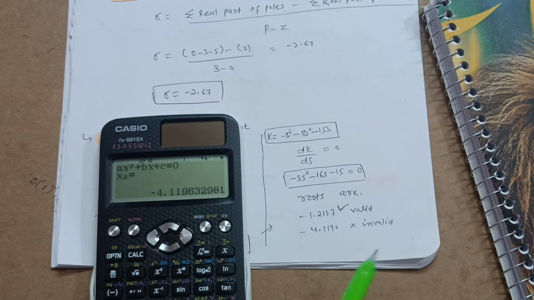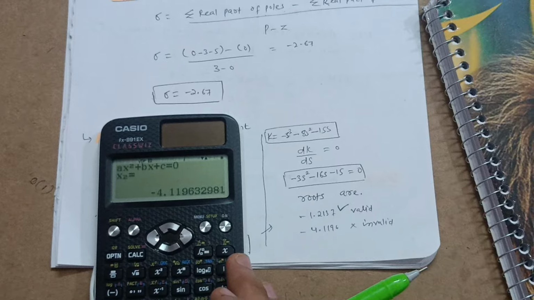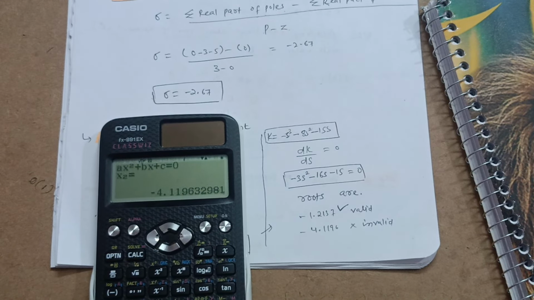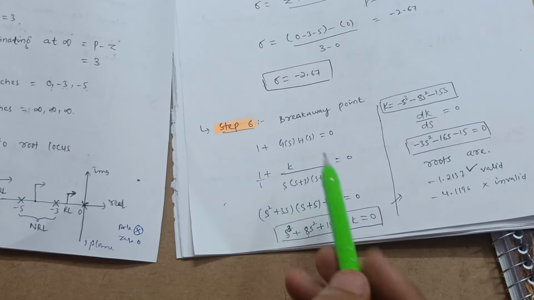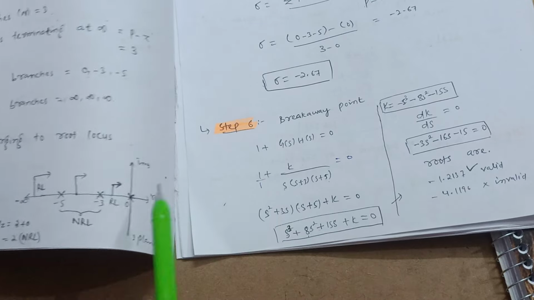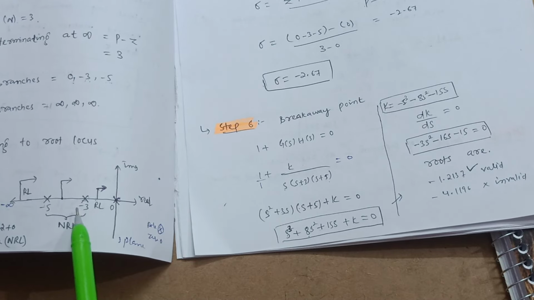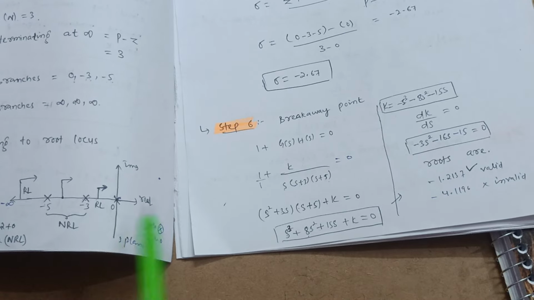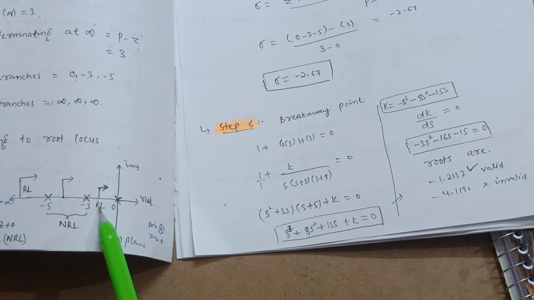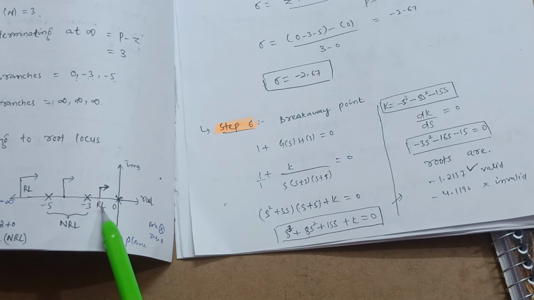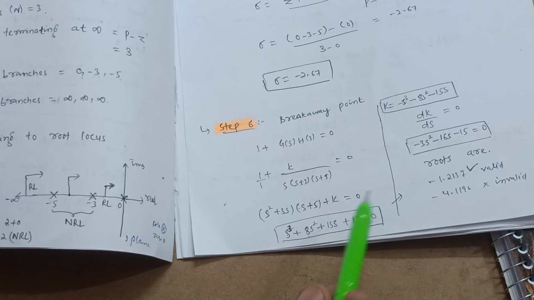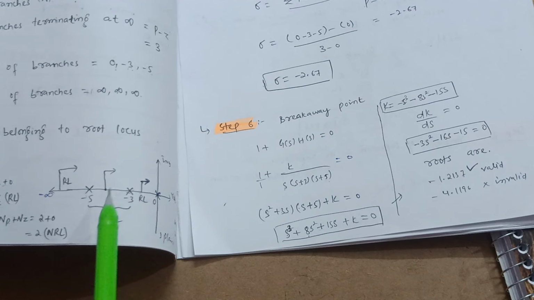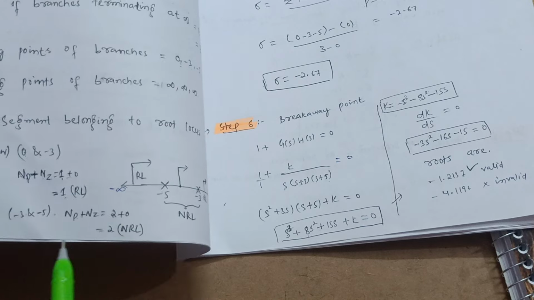Now I have to check the validity of the roots, which root is valid, which can be further employed in the problem. Let us see, dear friends, which is the valid. It depends upon the root locus, where the root locus exists. So see here, minus 1.2737 is existing between 0 and minus 3, so value is minus somewhere here, minus 1.2137, so their root locus exists. That means wherever the root locus exists and the root value is existing between these two poles, that is the valid root. Now minus 4.119 exists between minus 3 and minus 5,